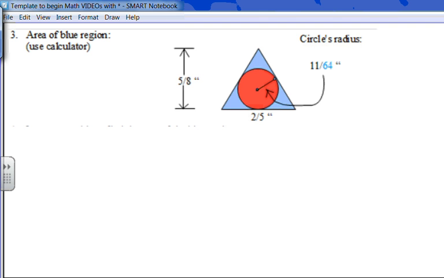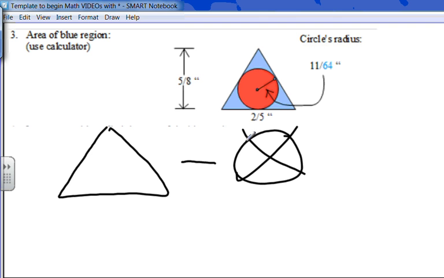In this problem, if we want the blue region, it's again like one of those problems where you can imagine that the entire triangle is a board, and you only want the blue region, so you're going to cut out the circle. And once you cut out the red circle and throw it away, all that's left is the blue region. So in this problem, this is the same triangle as in the last problem, where the area was 1/8 of a square inch. And when we subtract the area of the circle,